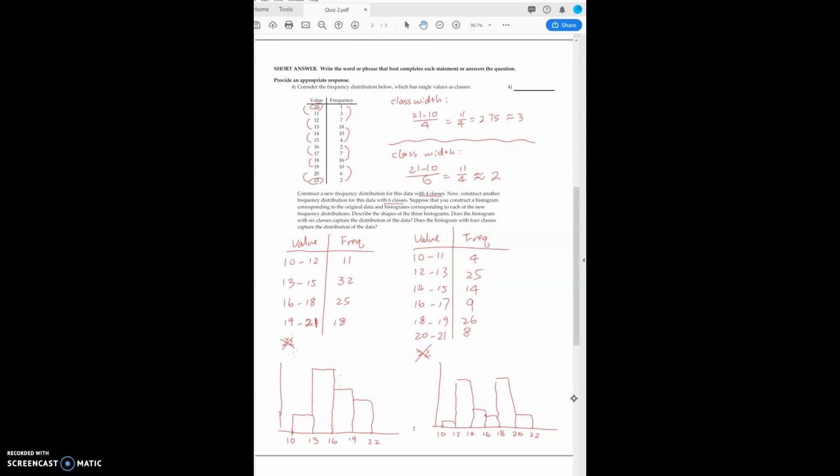So you can see, describe the shape. So you can see from this one, we